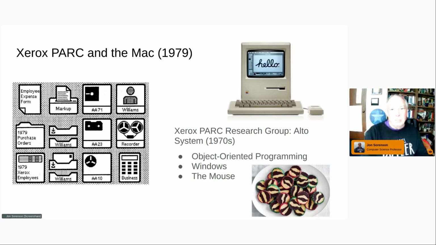And you can see here a picture of an early window with objects on it that the mouse could be used to select and drag around. This was built in the 70s. There was a team from a small new company called Apple Computer that visited Xerox PARC and saw these ideas. And they ended up taking those ideas and creating something called the Mac computer. And there's a picture of an early Mac here, and you can see it has a mouse and a screen with objects on it. So that was nice for Apple Computer to take those ideas.